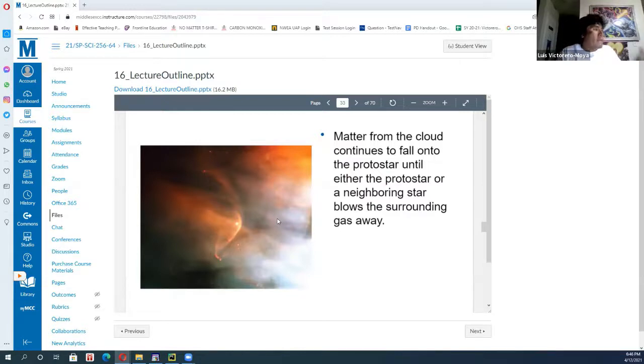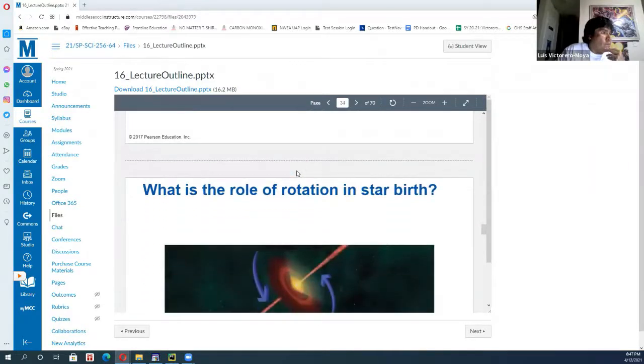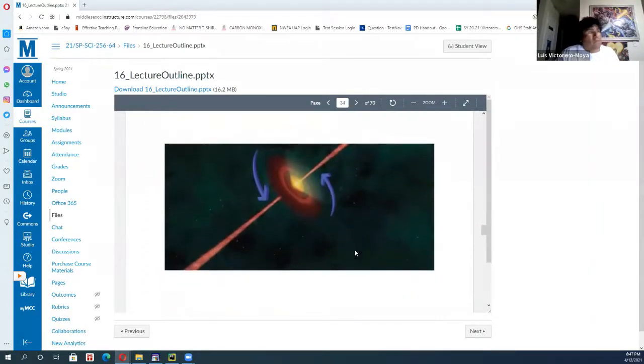All right, but that's not it. The protostar is surrounded by a protostellar disk, which can be approximately 100 AU. 1 AU is the distance from the Earth to the sun, so 100 times that. This is basically the general picture of a protostar. There you are. So yes, this may look similar to pictures that you have seen of a black hole, but